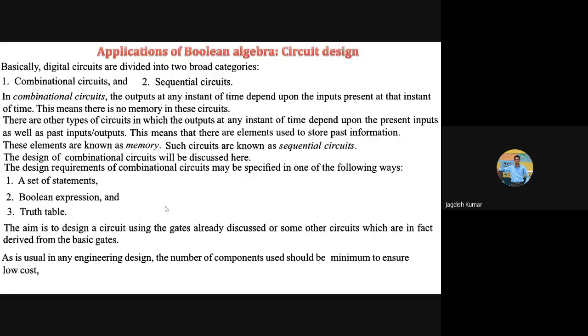So why should the number of elements or number of components be reduced? One thing is that it will result in low cost. Suppose one circuit implements some truth table with the help of 100 gates, but there is another circuit which uses only 40 gates to implement the same truth table. Why should somebody go with the circuit which is using 100 gates? Because that is just wastage of money, and not only money but also wastage of space as well. So the fewer the number of components in the circuit, the lesser will be the space,